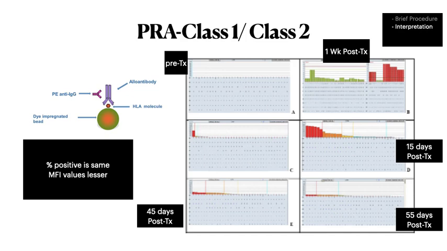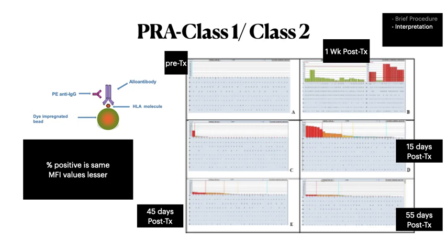So this will be a classical readout, how a readout appears for a PRA. In this situation, this test is used in post-transplant monitoring. So we've been talking only about the pre-transplant, but some of these can be used post-transplant. As you can see here, on the bead, the antigen is mounted. The allo antibody which is present in the patient is bound to this antigen, and then they are tagged with